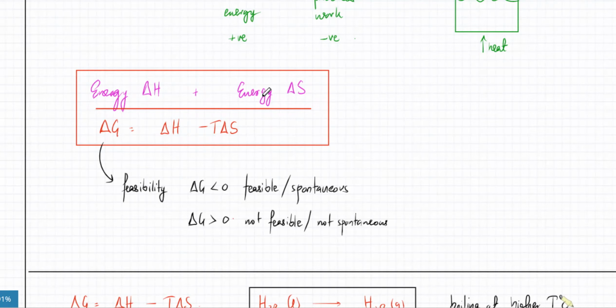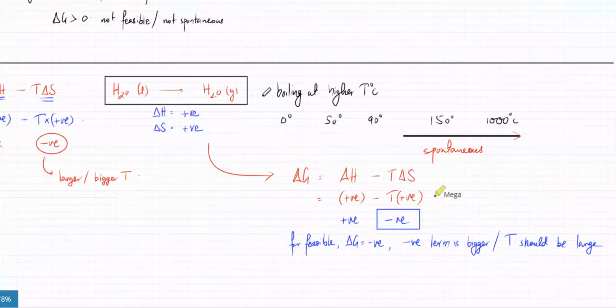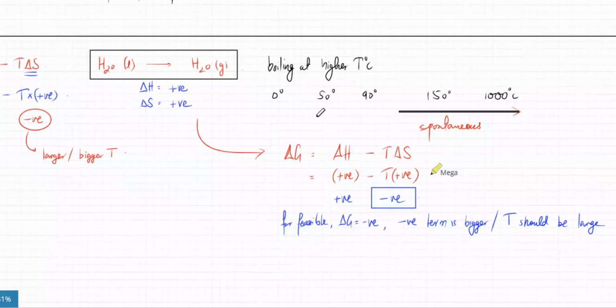So for every reaction, we want delta G to be as negative as possible. We want to make this negative, right? And the only way delta G could be negative is that the relationship between Gibbs free energy and enthalpy change and entropy change is this. So you want delta G to be as negative as possible, and that's only possible in this scenario. Its delta H is coming out to be positive, and the delta S for this reaction is coming out to be positive as well. If you input positive terms into this, one of the terms we want